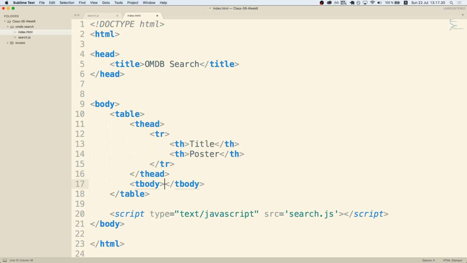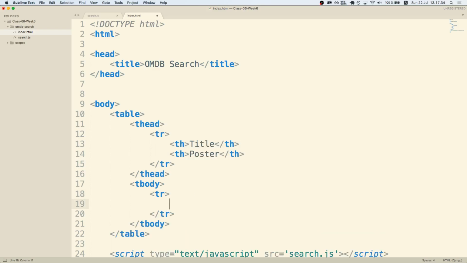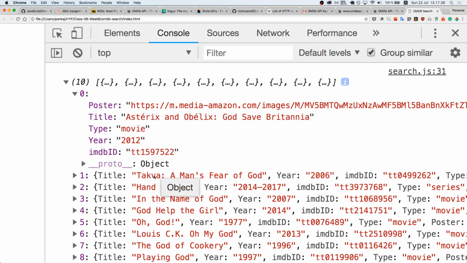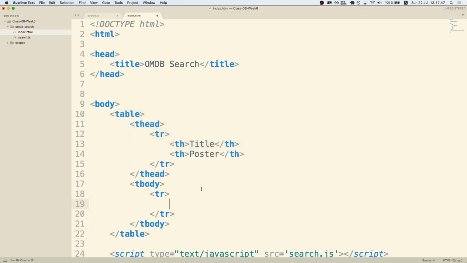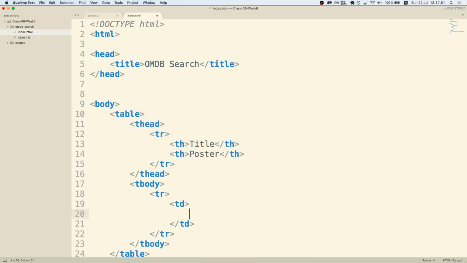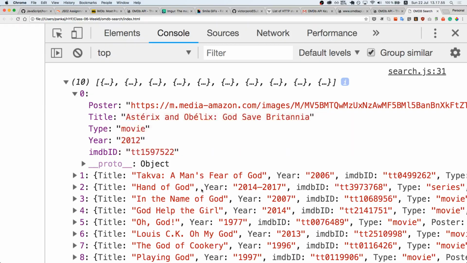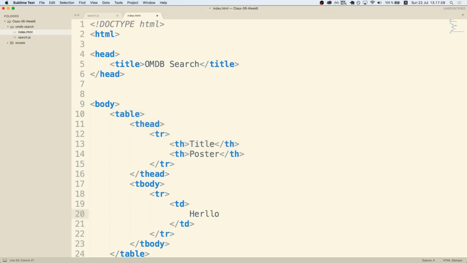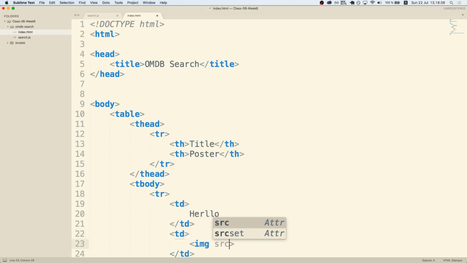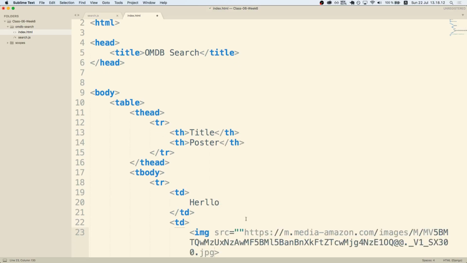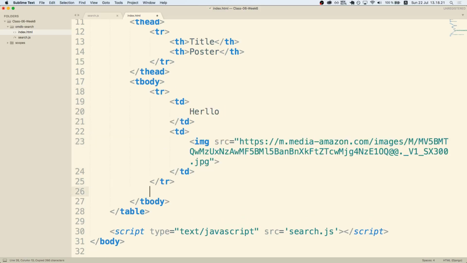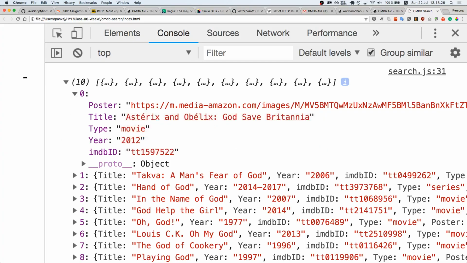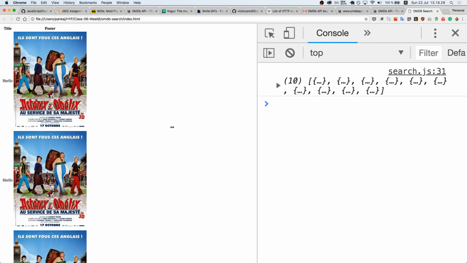And then you would have the body of the table, and here you would create one row for each object in this array, right? So it would be like this. You would have a TD, and the title would be something like, I don't know, and then you would need an image tag. Something like this, and it will repeat 10 times. Looks very ugly,